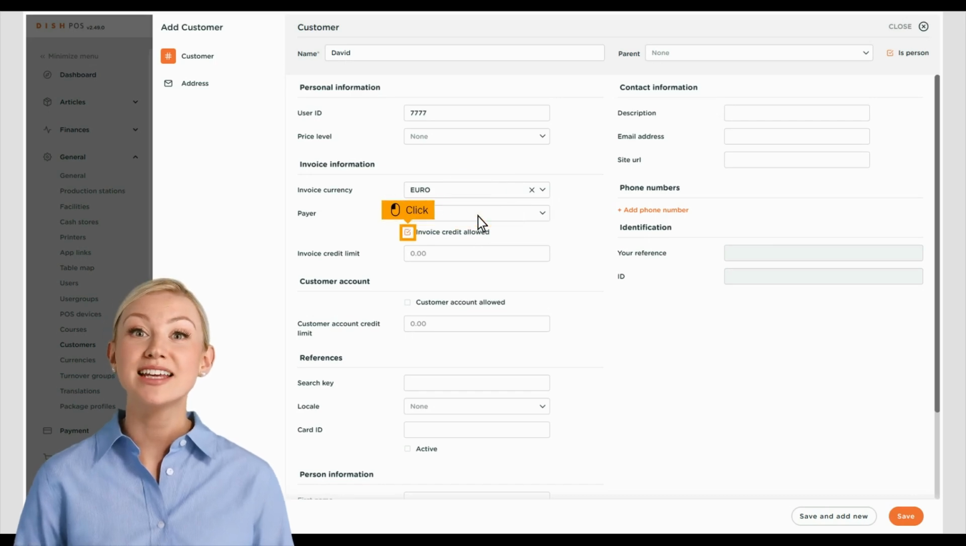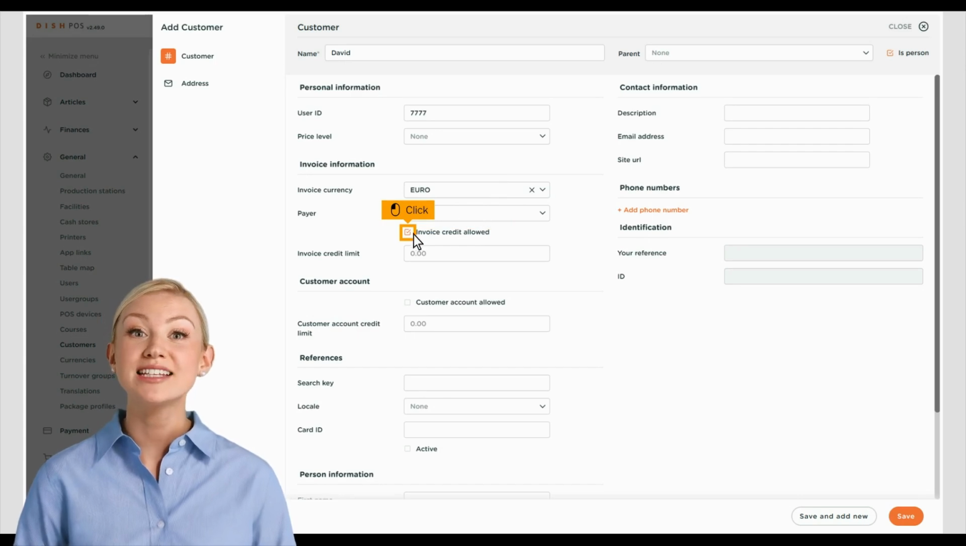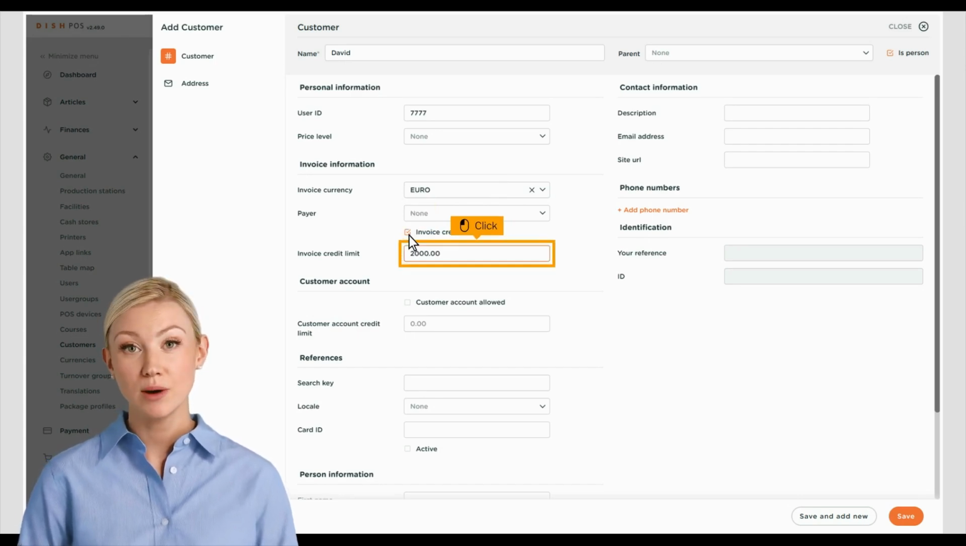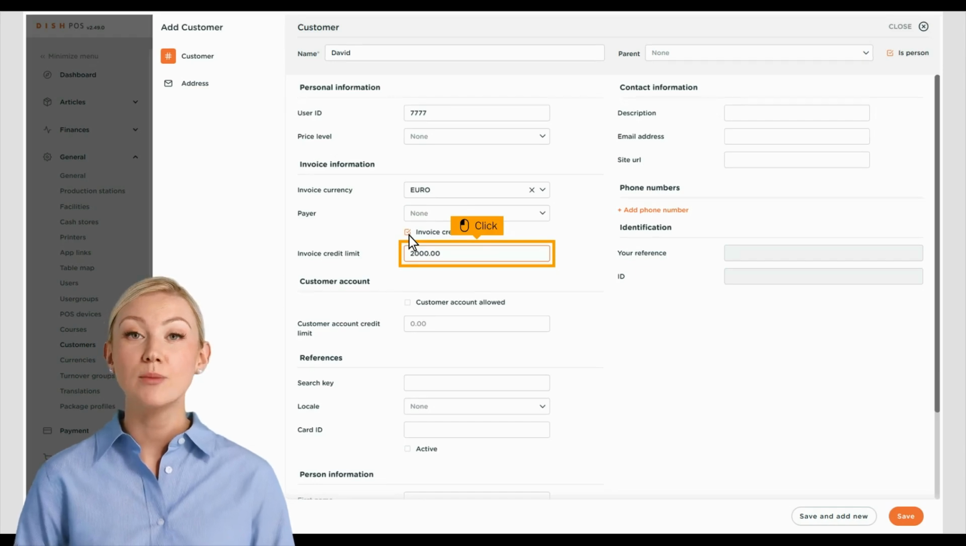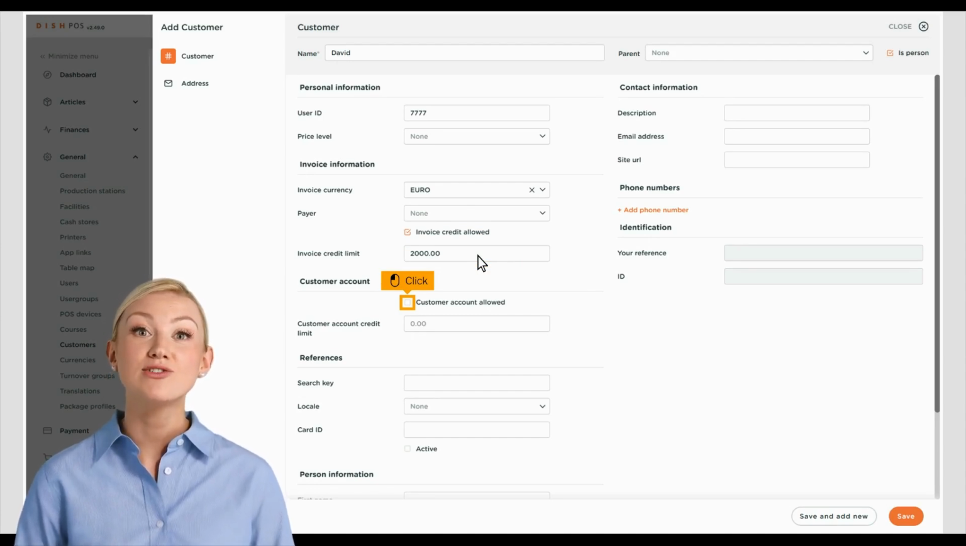If you want to allow a credit, set the check mark for authorizing it. You then can define the credit limit by using the corresponding field. Important, this feature is not available at the moment. Please proceed with the next steps. By setting the check mark for customer account authorized, this customer will be able to receive a credit limit assigned